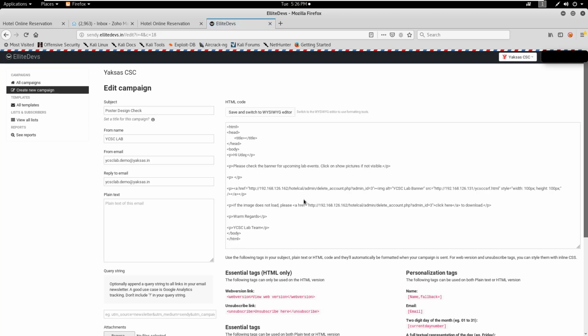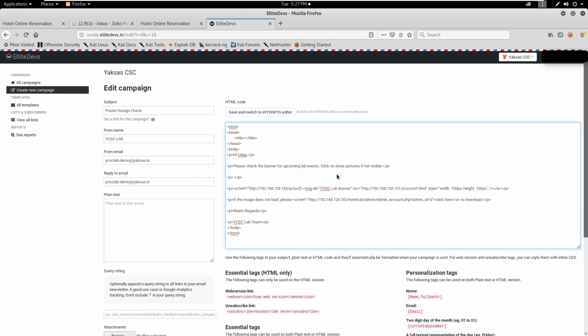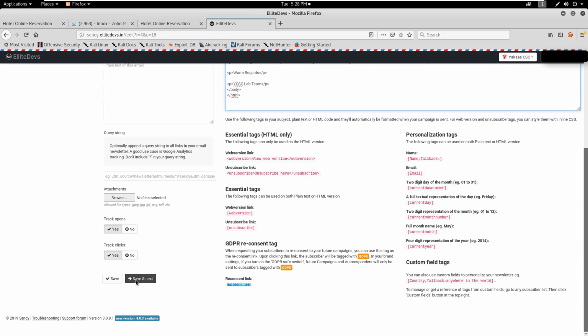So it becomes easier to modify the URLs that way, and the URL that we want is of the file that we have hosted on our Kali machine, which is YCSC CSRF.html, and let's just copy this URL from here to here. So now when the user clicks on this link, it will call this file, and this file in turn will issue the request to create a new account in this application. So let's save and next,